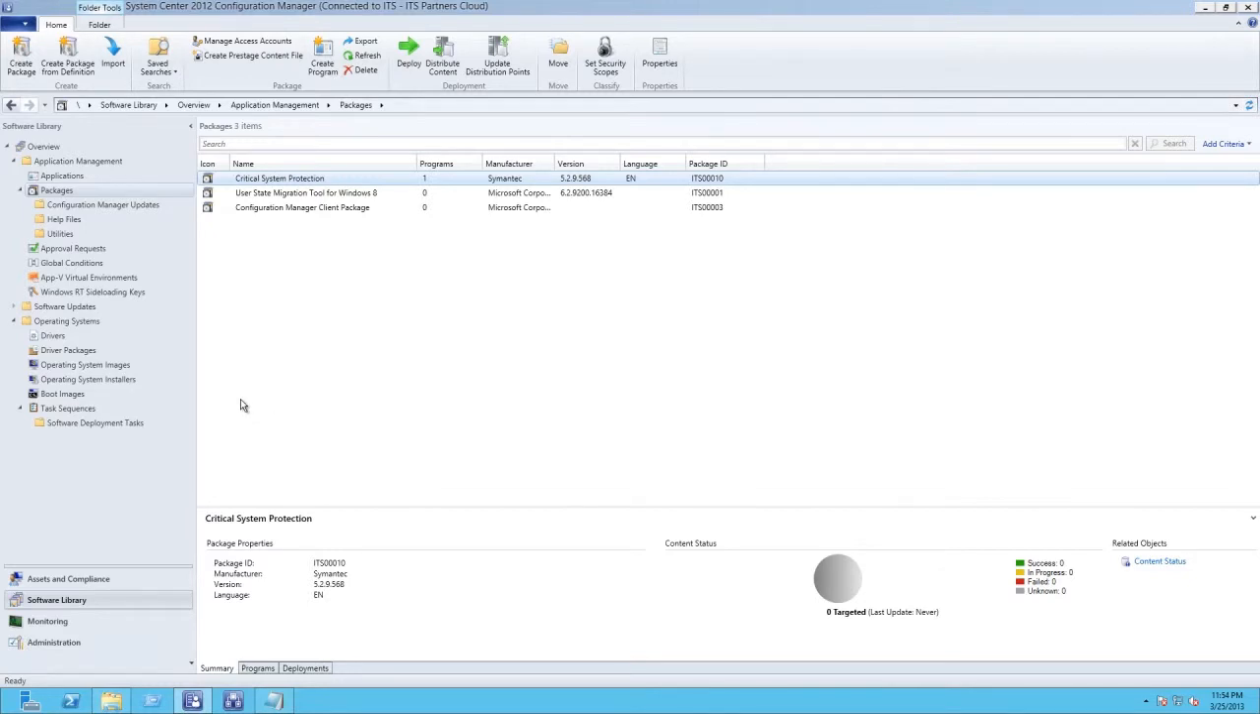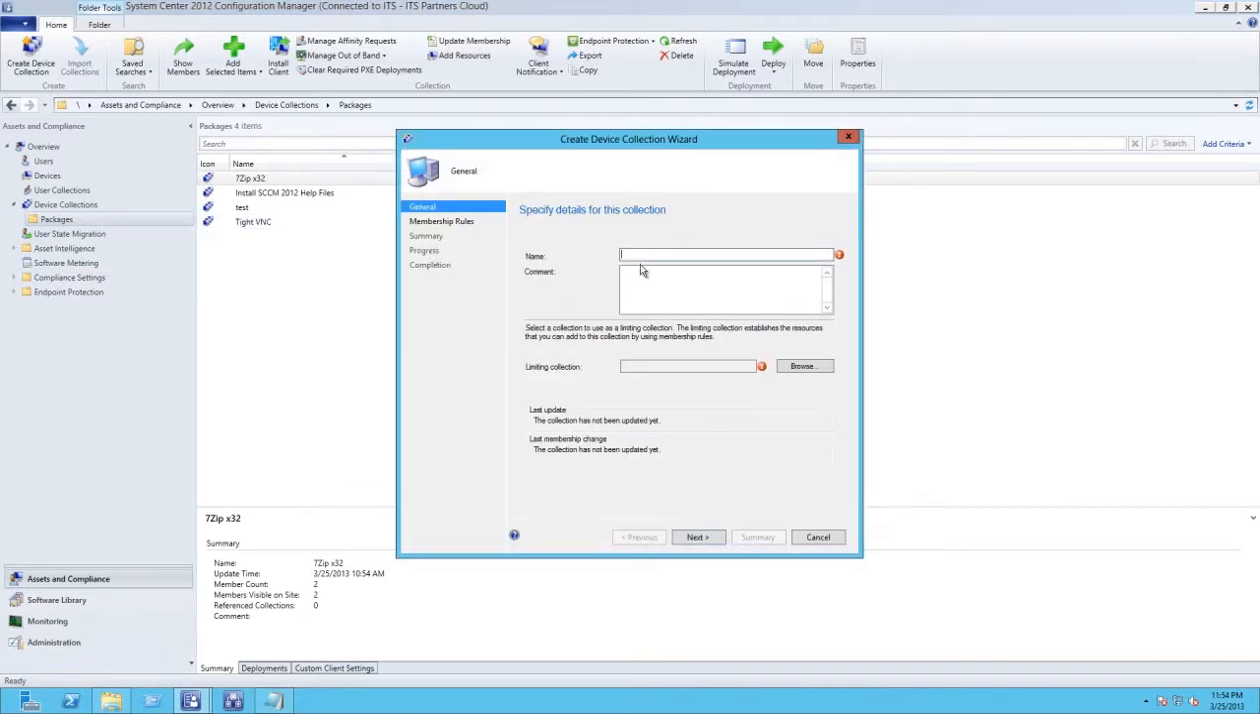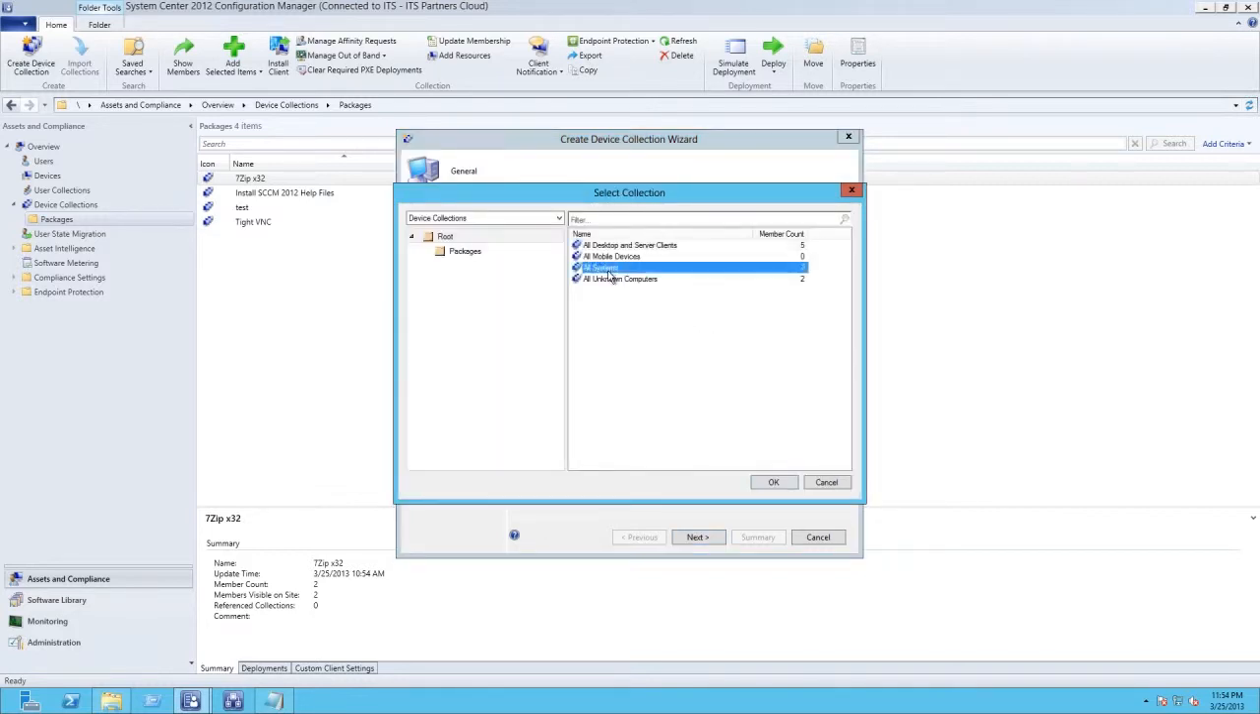So now that we've created that package, we want to actually go ahead and create a collection, something to deploy this to. So under packages here, I will right click and create a device collection, and we'll call this deploy critical system protection. And we'll set the limiting collection to all systems,